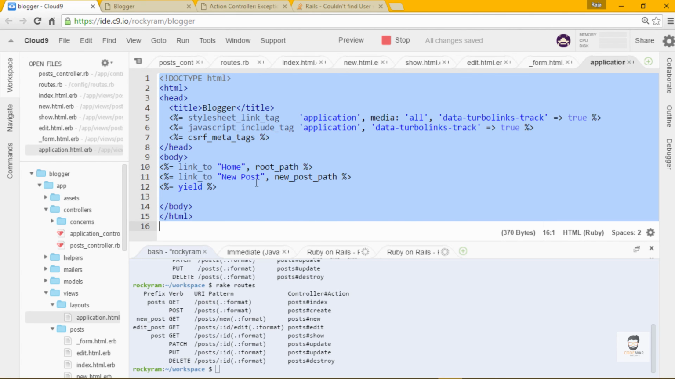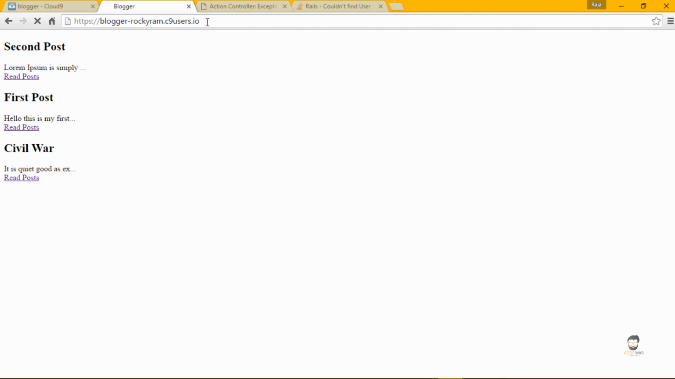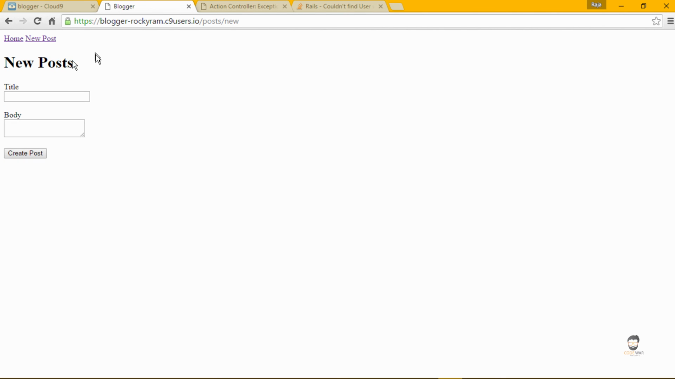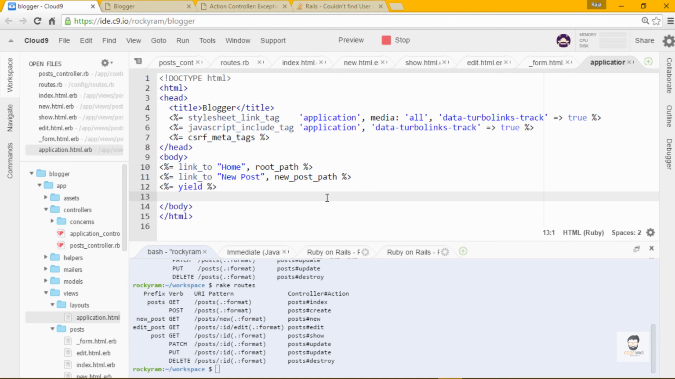I'm going to save this, and when I reload this, here it is, home and home page, and when I click the new post, it will appear in every page of this application. So that's it. We have created a CRUD application using Ruby on Rails, and also we have created a blogger